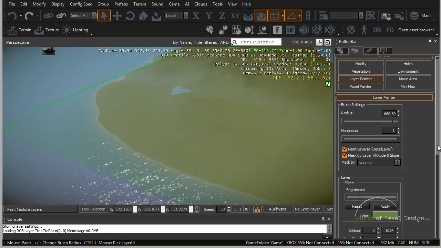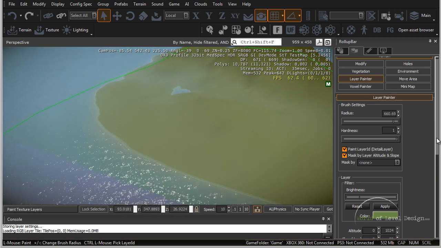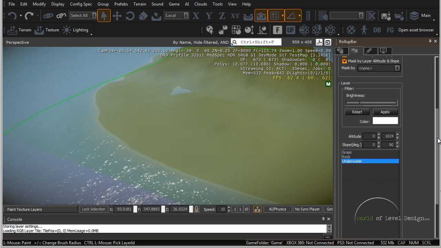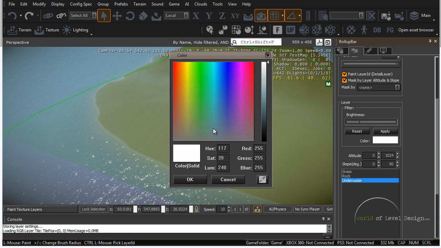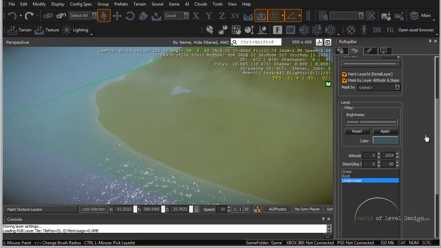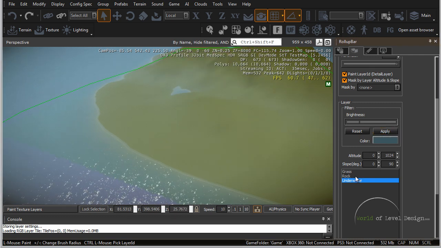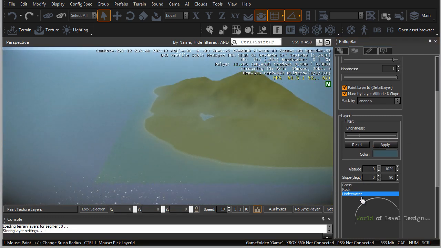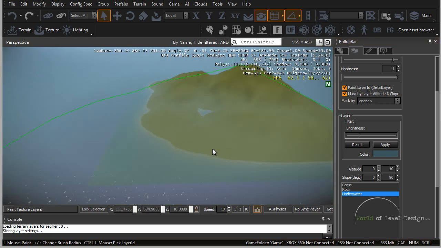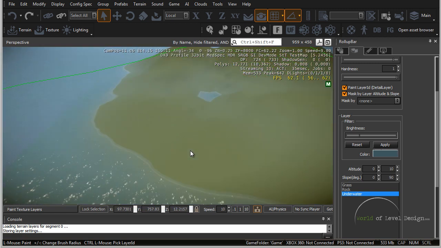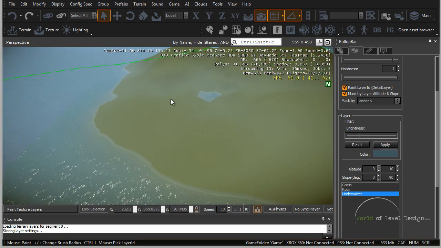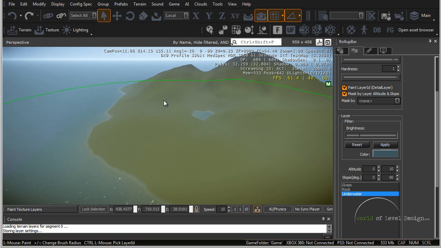Next thing I want to do is let's paint into the underwater area. So I'm going to select underwater. I'm going to set this color to a little bit more gray, something like this, a little bluish. Click OK. Make sure I hit apply to keep this information in. What we want to do is when we paint our underwater texture, we want to set our altitude to 10. I don't want to paint anything higher than 10 because our water level is set at 10. So I can quickly paint and not worry about painting our underwater texture on the grass or any other area